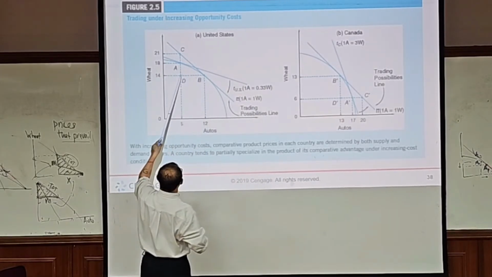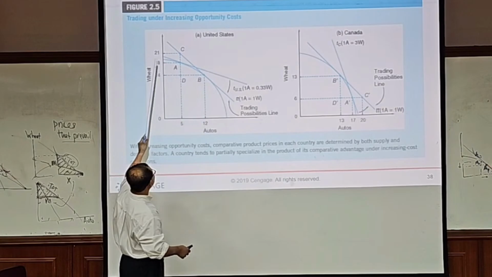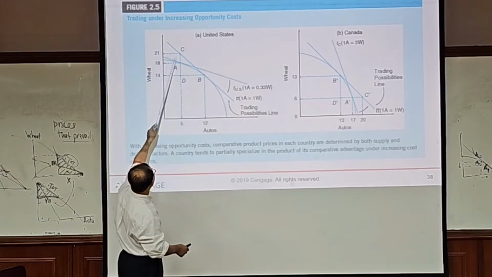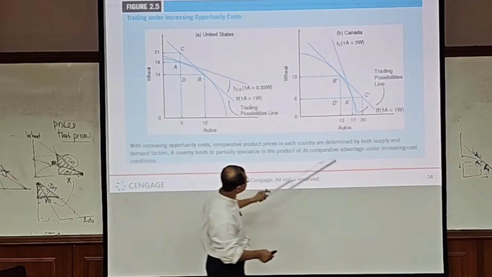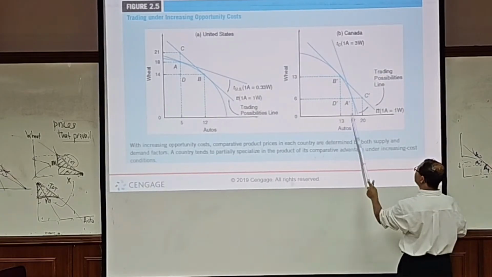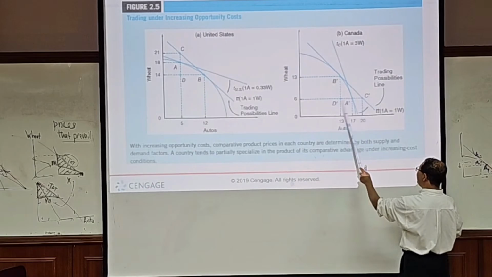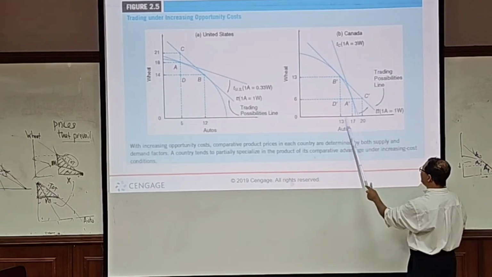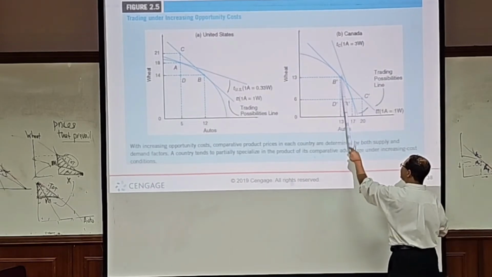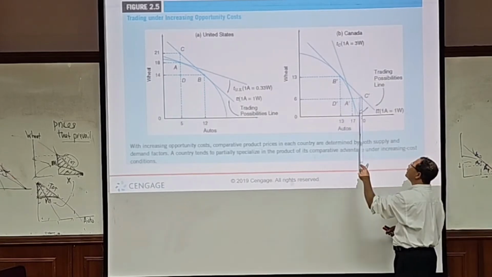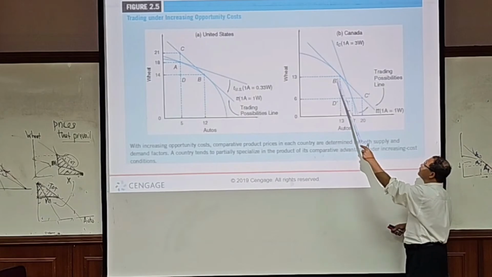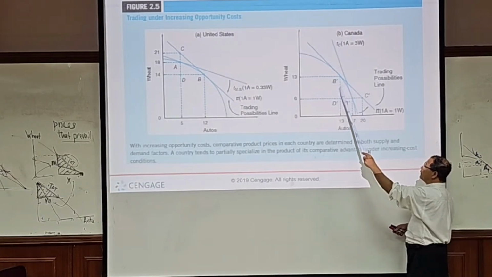This is the trade triangle for the United States. Got it? Export, import. New trading line. This is import. Import of auto. Yes, the trade triangle. This is export of wheat. Only here. I cannot have the time. That's the trade triangle finished